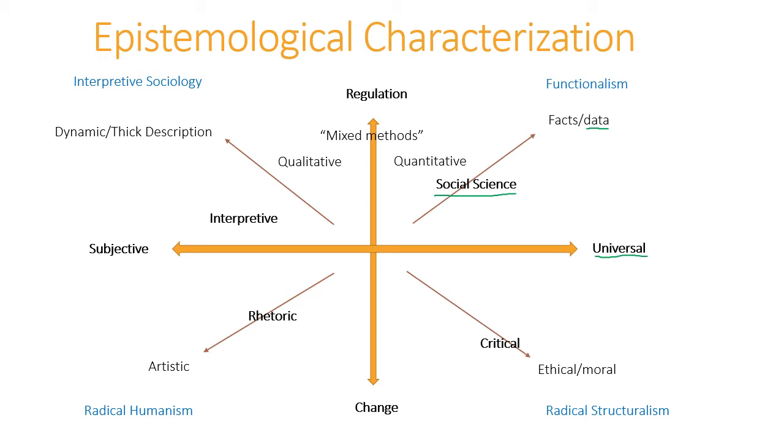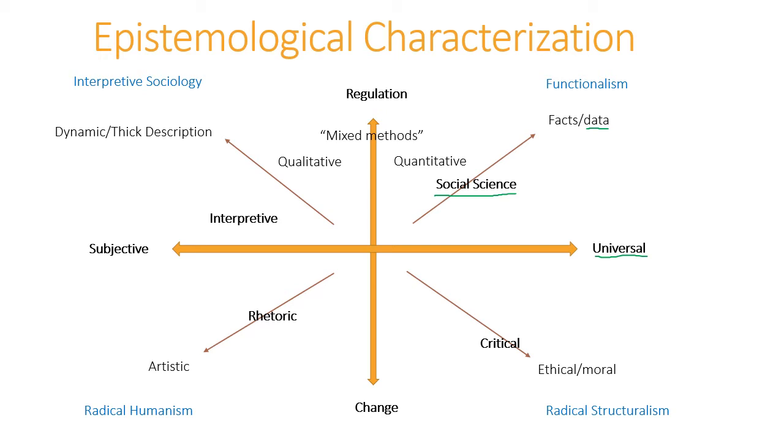So you increase your number of observations so that you can get a better sense as to what's happening. That's statistics, and it's social science. Other things that are going to fall into this category would probably be psychology, performing experiments and things like that to try and get at whether there are any universal truths that we can try and measure. So that's going to fall in the upper right quadrant here.